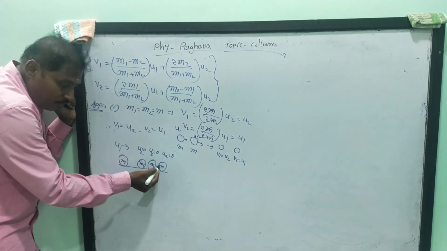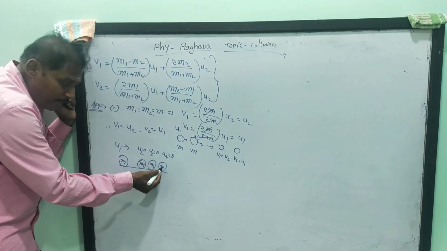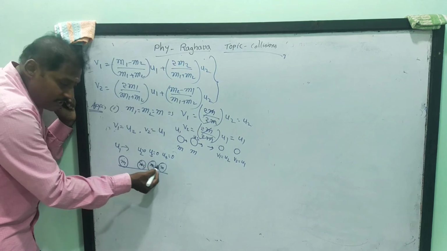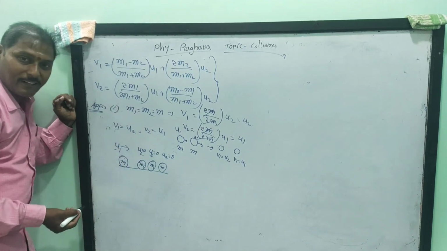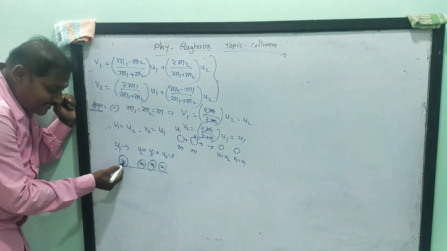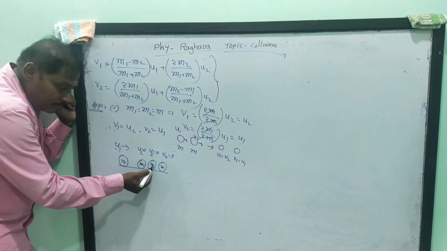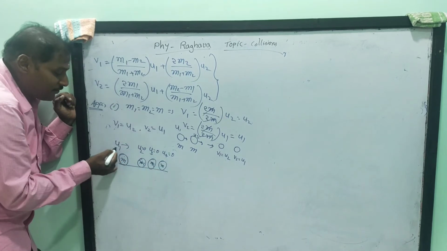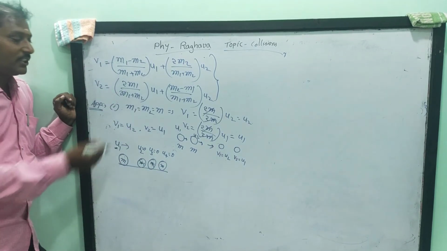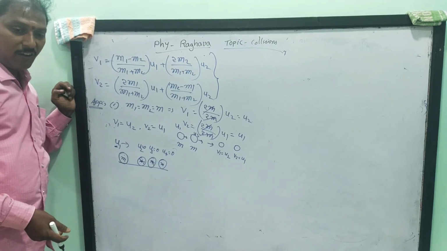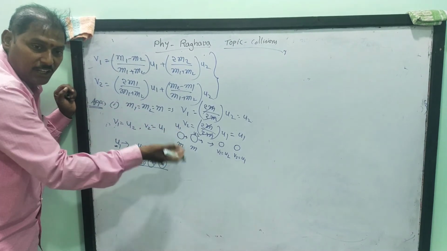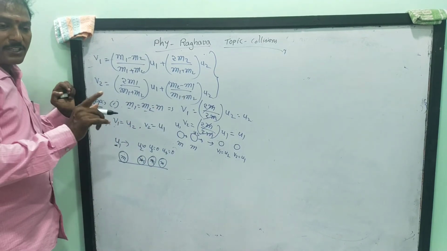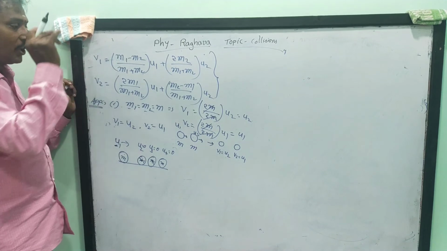Finally, the third body collides with the fourth body, and an exchange of momenta automatically takes place. So the third body comes to rest and the fourth body moves with a velocity u1. Finally, we can conclude that the first, second and third bodies come to rest after collision, and the fourth body moves with a velocity u1. This is the exchange of velocities, and also the exchange of momenta, that takes place between two equally massive bodies in a one-dimensional elastic collision.